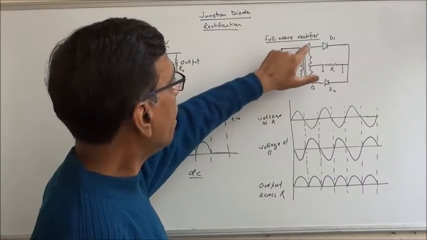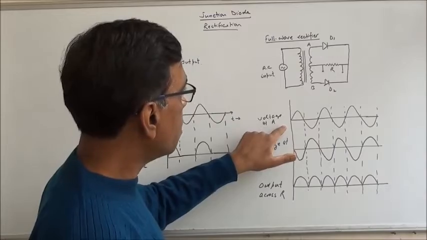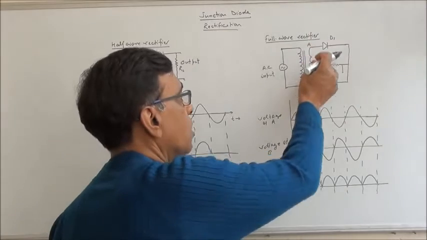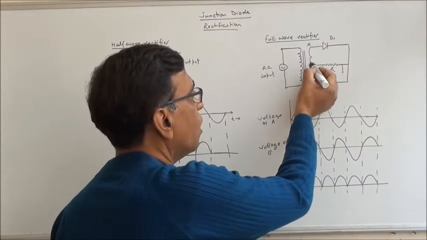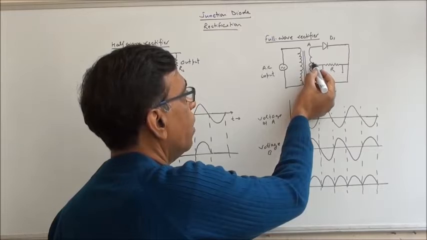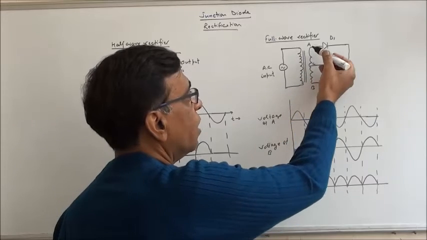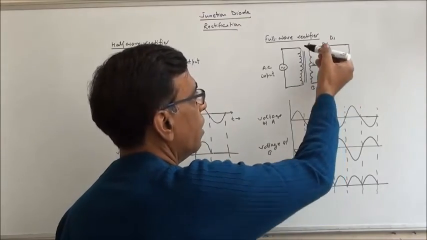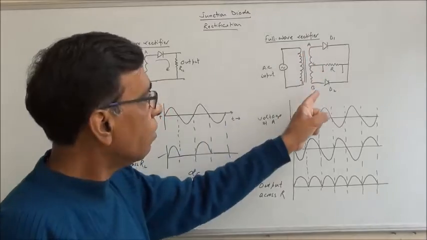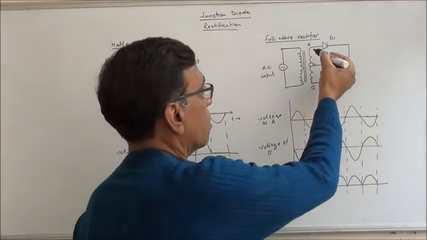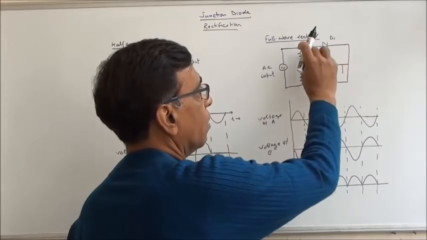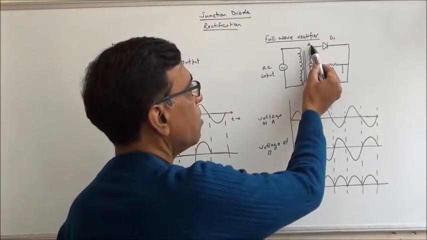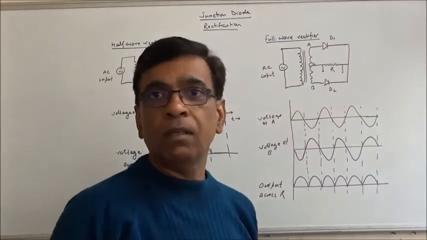See now, at A, the voltage is this, at B, in reference to A, if A is positive, B is negative, and we have connected, we call it center tapping. There is a point, let me call it C. So with reference to C, if A is positive, B is negative. And if B is negative, then A is positive. Or A negative, B positive. Okay, so the potential difference will be seen between A and C. That only for this circuit, and for this circuit, the potential here. Okay, when A is positive, then B will be negative.